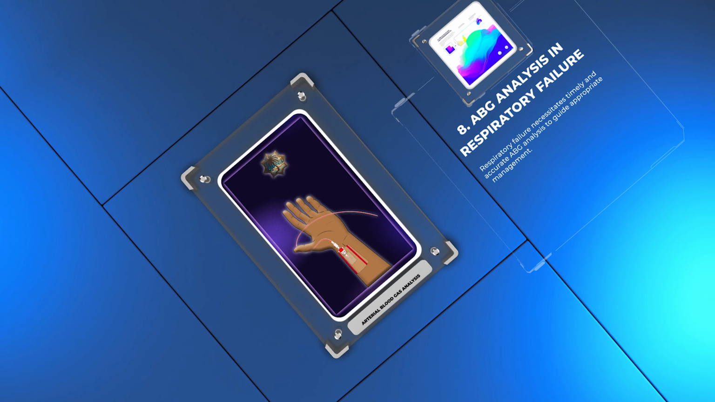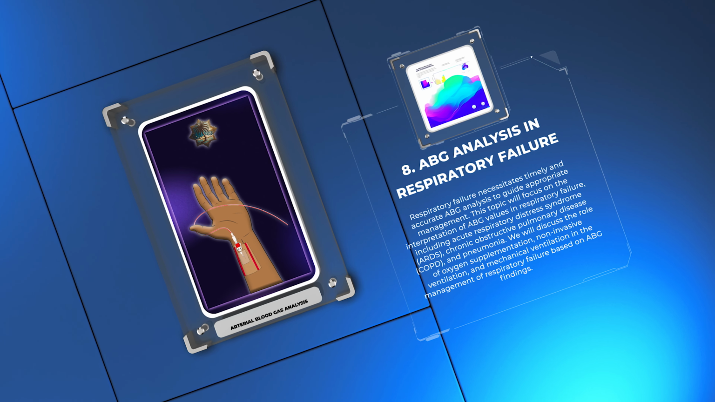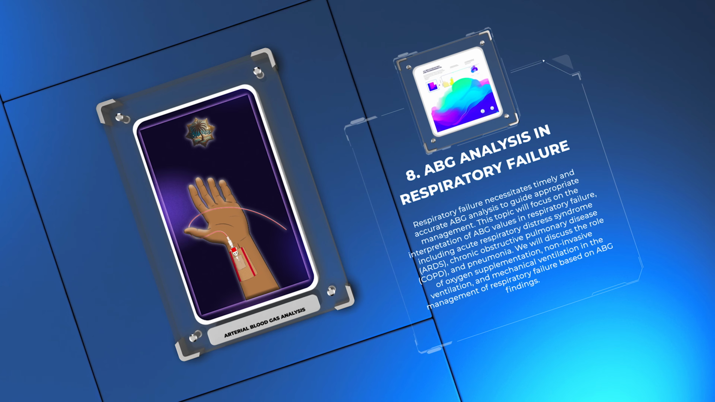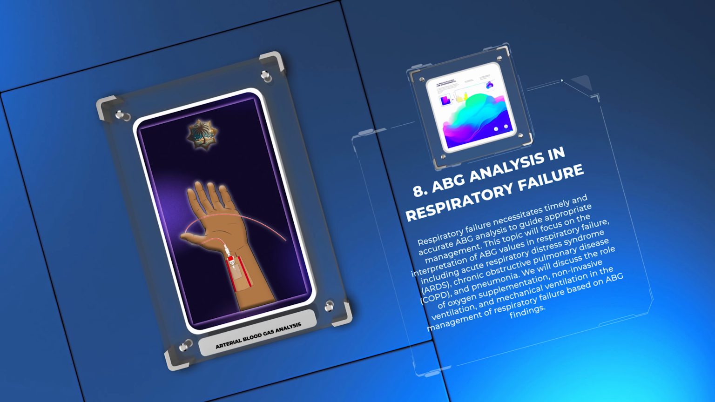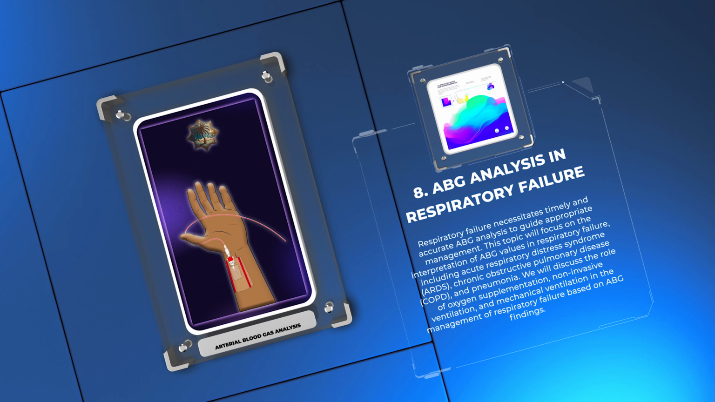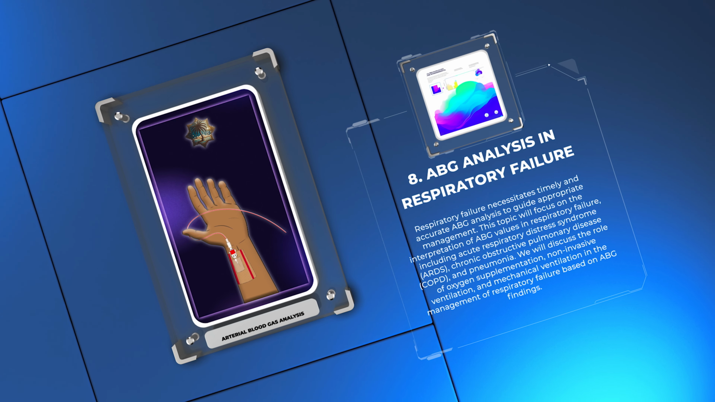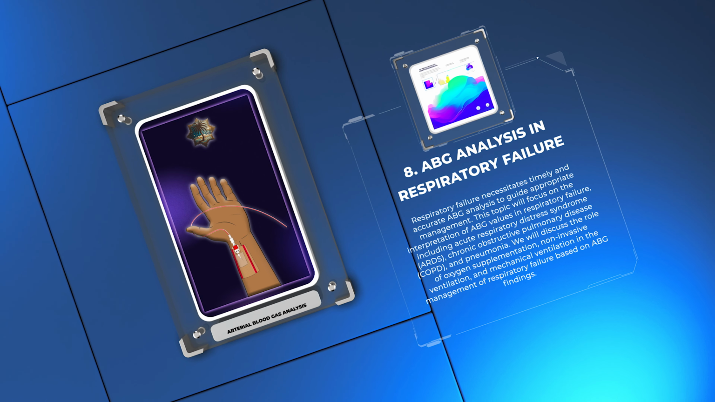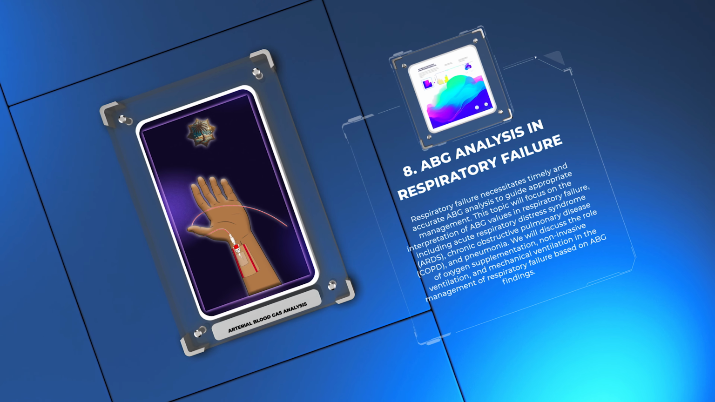Respiratory failure necessitates timely and accurate ABG analysis to guide appropriate management. This topic will focus on the interpretation of ABG values in respiratory failure, including acute respiratory distress syndrome, ARDS, chronic obstructive pulmonary disease, COPD, and pneumonia. We will discuss the role of oxygen supplementation, non-invasive ventilation, and mechanical ventilation in the management of respiratory failure based